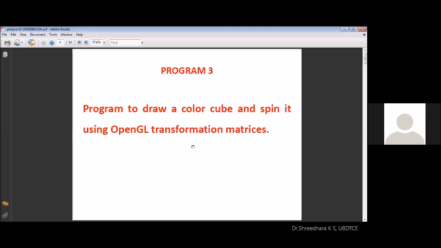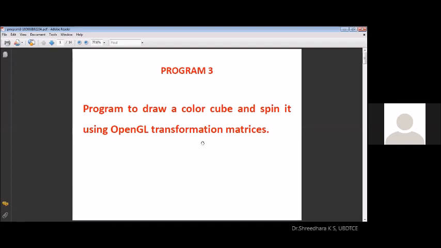But here the program demonstrates you should not create the cube using the built-in support. Instead of that, you have to do it from scratch. That is modeling. I think in the first hours we have discussed the modeling is the requirement for any application. You want to model and then you have to project onto the screen.